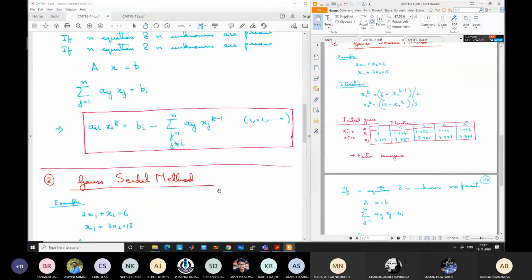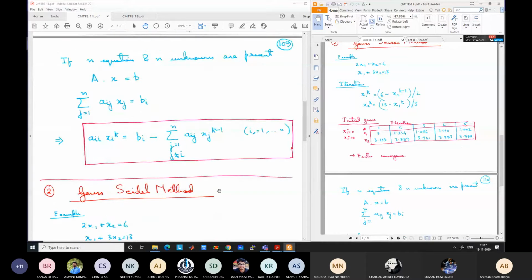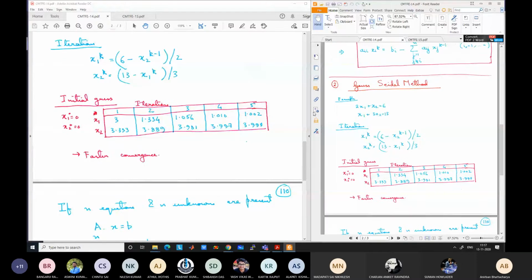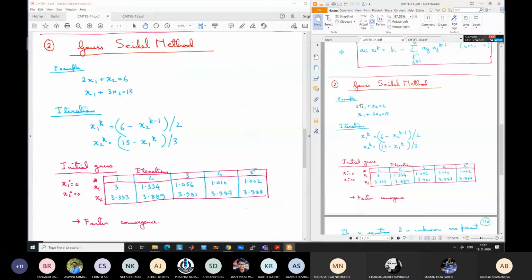So up to this we have seen in the previous class. I have kept this example open. And we discussed towards the end of the class, because time was still there, that this method does not always converge. This is not only true for Gauss-Seidel, the Jacobi method also, the same thing is true. They don't always converge. They only converge under certain conditions, which we are going to study today. You cannot guarantee their convergence, but the equations for the iterations have to satisfy certain conditions for both the methods.